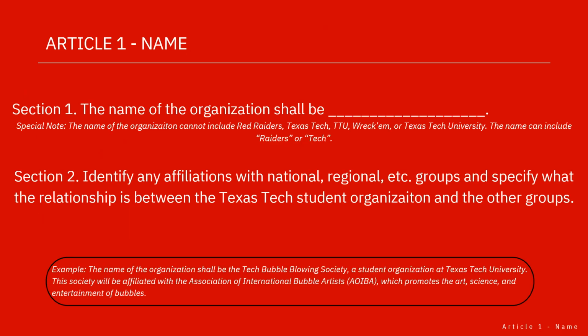So today we're going to be using our bubble blowing student organization as an example. So what it might look like for this student organization is Section 1. The name of this organization shall be, for example, the Bubble Blowing Association at Tech. Please note, it's very important that your student organization cannot include the following in its name: Red Raiders, Texas Tech,